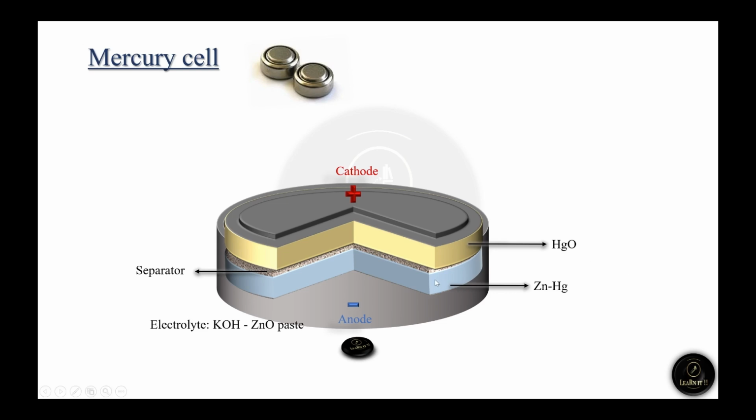We can see both anode and cathode are made up of mercury content. That's why this is called a mercury cell. With respect to working,